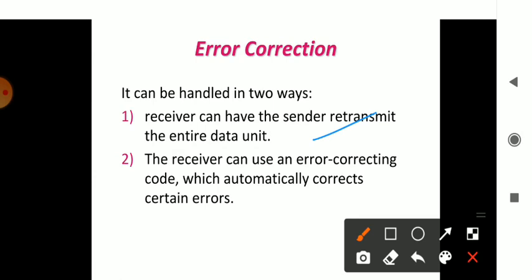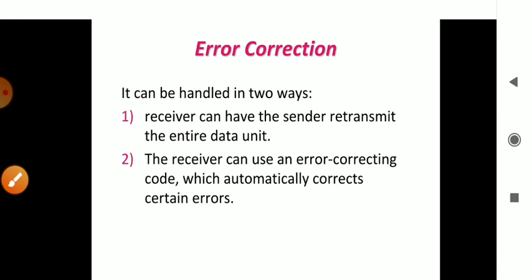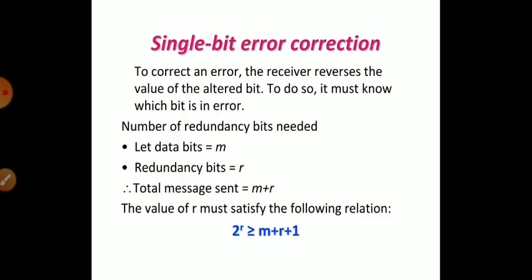Here, automatically, one algorithm will be running, checking for those particular errors within that particular data, and transferring it to the other end. Automatically it should happen, and it shouldn't intervene with any other task. That is said to be error correction. There are various methods. One of the methods is the Hamming code.